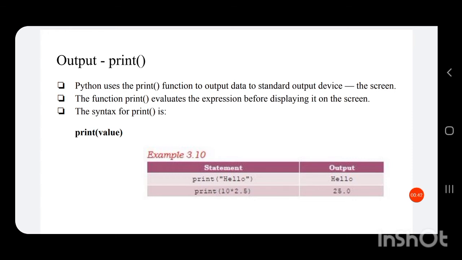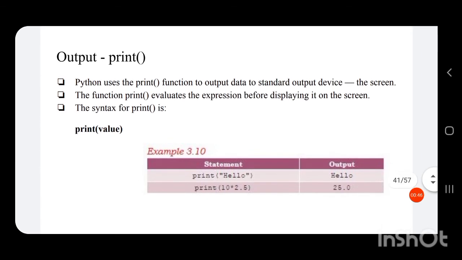In script mode we have to write the print function, but in interpreter mode, for small programs only, one statement can be executed at a time. But when we start writing a program, we should always use script mode, which I showed in the previous program.